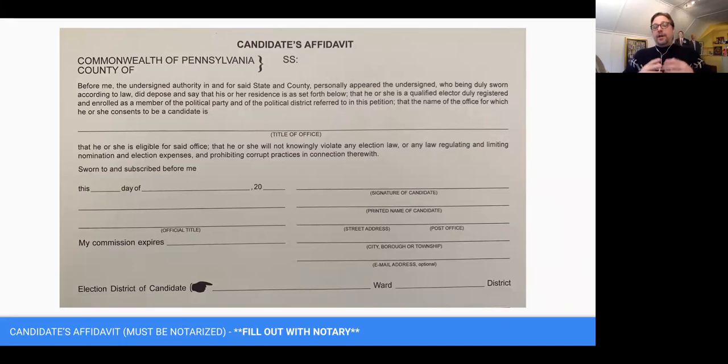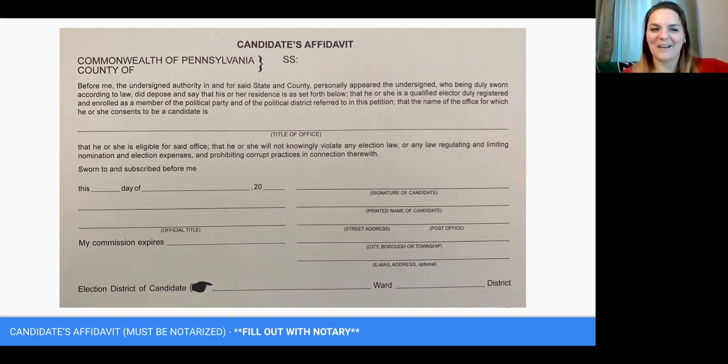So they are of great help in a great number of things, but legally there's only so much they're allowed to do with these petitions, and notarizing them for you is one of those processes. So again, and I can't repeat this enough, do not touch the candidate's affidavit until you are in the presence of a notary, and have that person make sure that the notary not only fills this out, but stamps it for you as well. Without that stamp, your petitions are invalid.